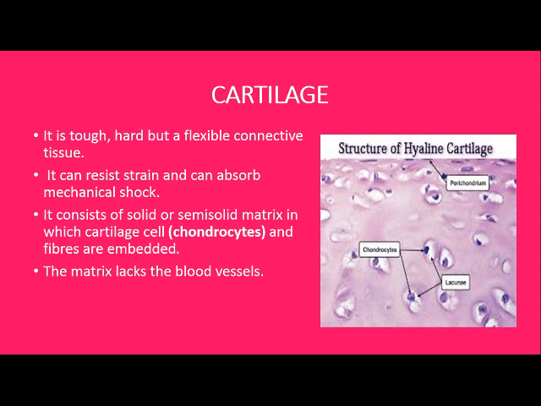Cartilage. Now, children, let me tell you where cartilage is present in our body. First of all, you can hear me right now with the help of your ears. Your external ear is actually made up of cartilage. The tip of your nose is made up of cartilage. Then, children, all the joints: there are a total of 206 bones present in our body, and when two bones meet, they form a joint. At each joint, cartilage is present. It is tough, hard, but it is a flexible connective tissue.